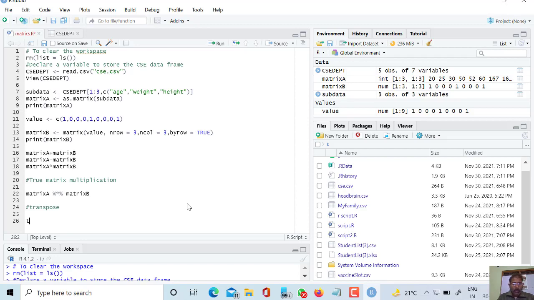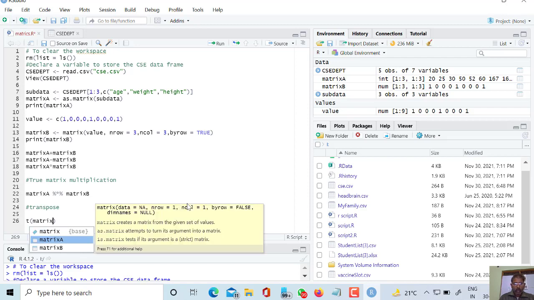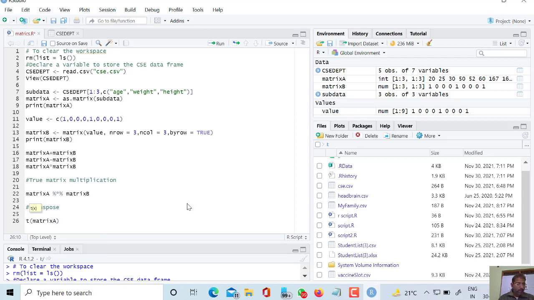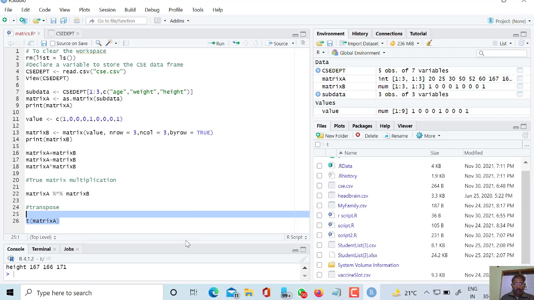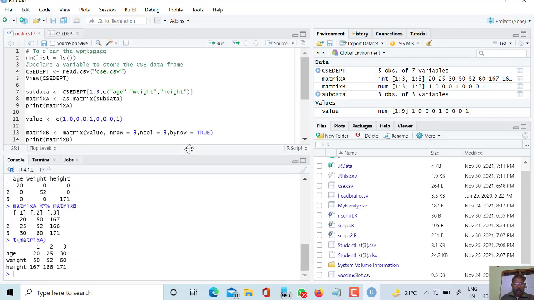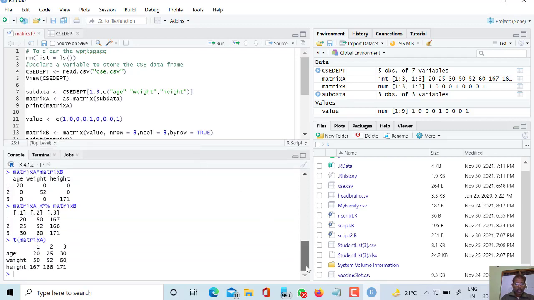We only have to apply t of matrix A. I want to calculate the transpose of matrix A. So let us check whether we have got the transpose or not. Here we can see that the transpose of the matrix has been obtained.